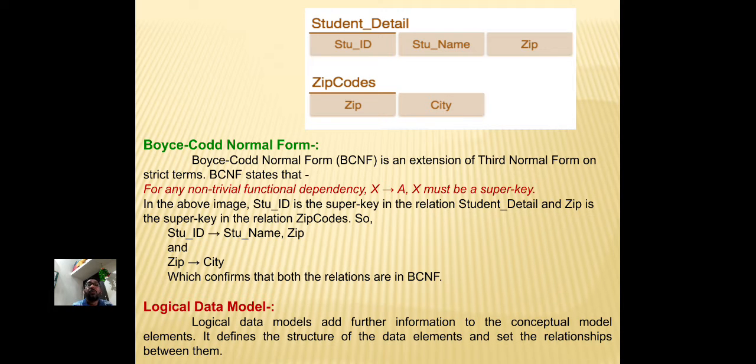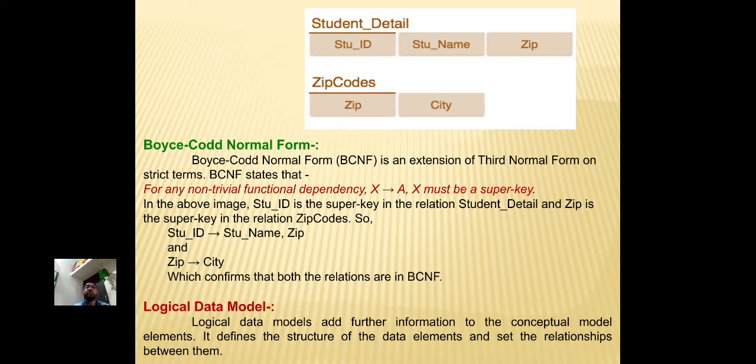Boyce-Codd normal form. Boyce-Codd normal form, BCNF, is an extension of third normal form. In strict terms, BCNF states that for any non-trivial functional dependency X implies A, X must be a super key.